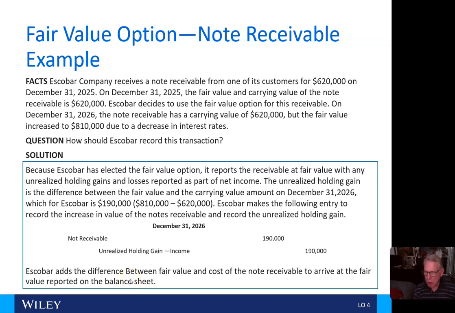Hi everybody, welcome back to video number 6 in chapter 16. And when we left off, we were looking at the fair value option note receivable example for the Escobar company,